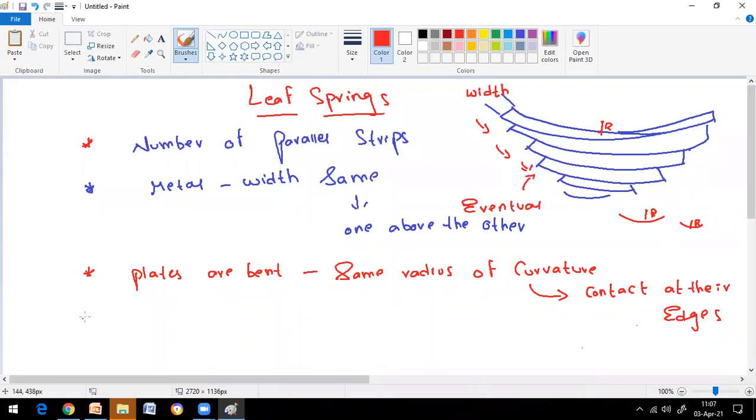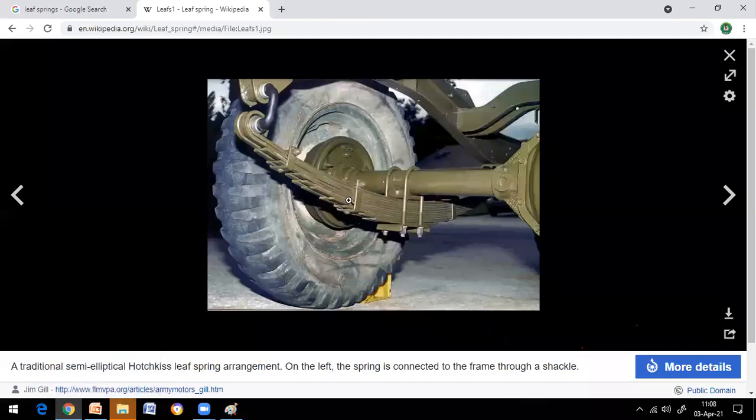And the next one, a very important point. The load acting on the axis, where does the load act here? The load will not act directly at the center. The load W is applied at the center. The change of curvature of each plate is uniform and the same for all the plates, and the contact will continue to the ends only. If you see the picture clearly, have a look once at the same picture.